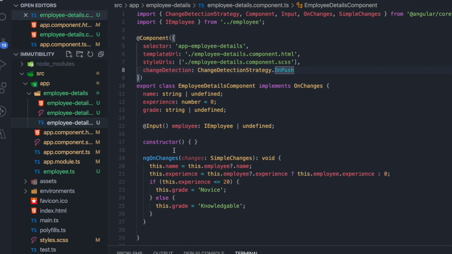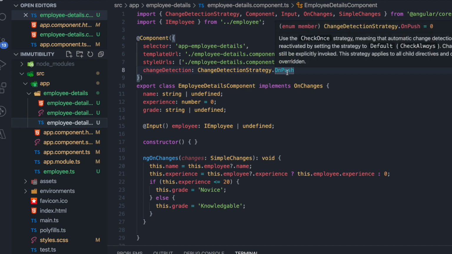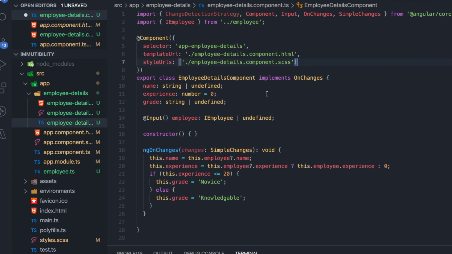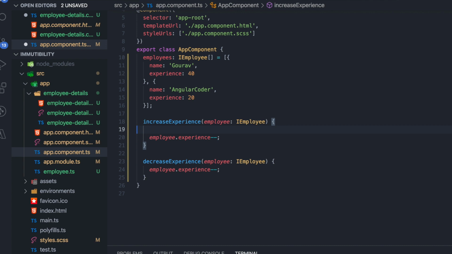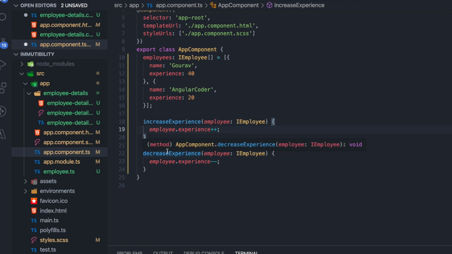To show one more thing, how do you solve the problem of the bug which we saw without OnPush? Consider this, you don't want to change the parent component at all, right? Let's change it back to our normal code. How do you solve the problem of the values not getting changed in the child component?